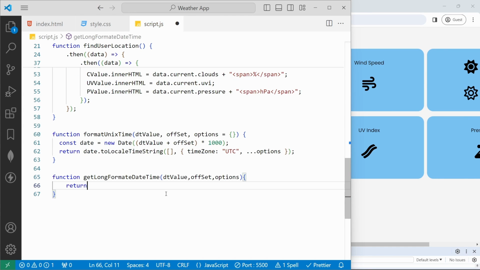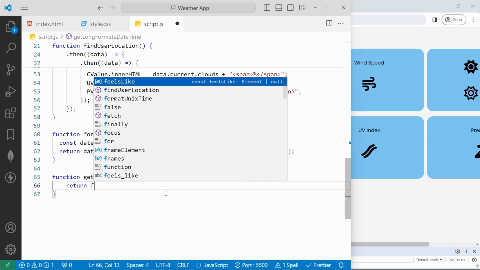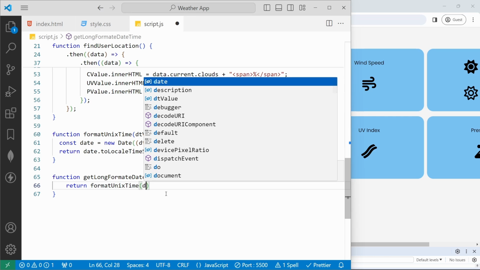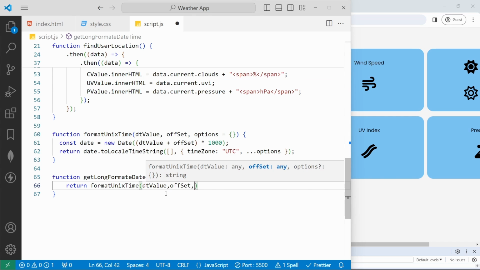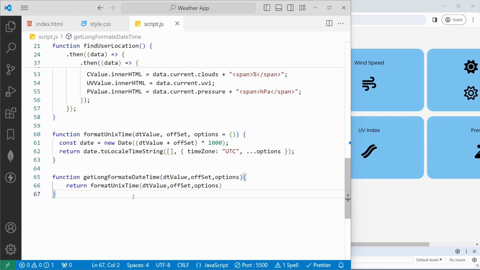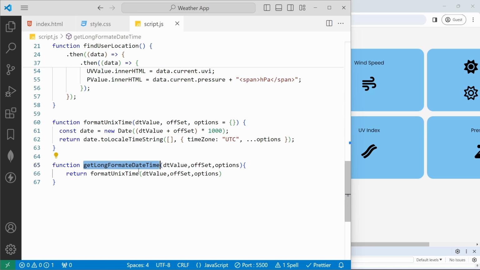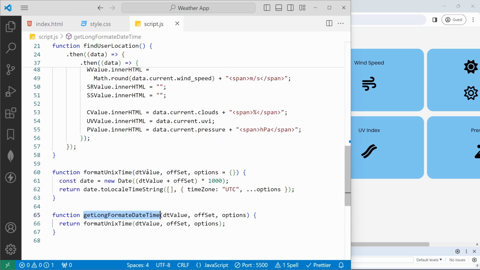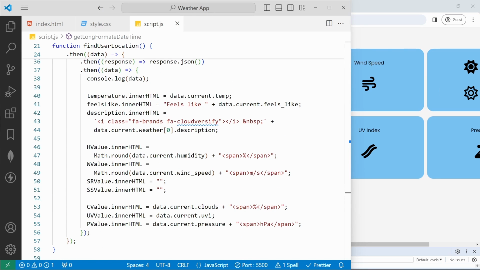Here we'll return that above function, formatUnixTime, and we'll set that dt value, comma, offset, comma, options. If I save, with the help of this format we can get that particular time frame. I will copy this value and go to that particular place where we have placed the time. First I will set the sunrise here, we'll get that function, and I will pass that